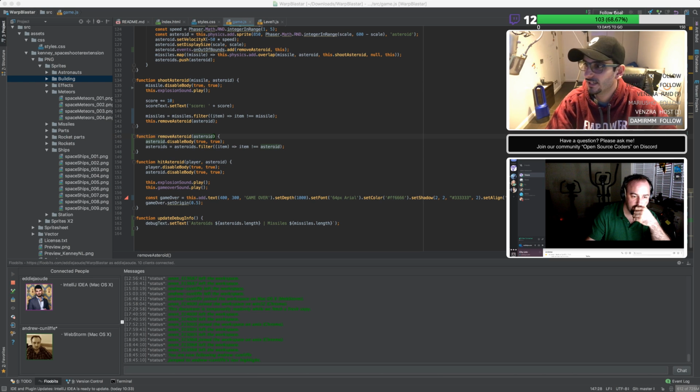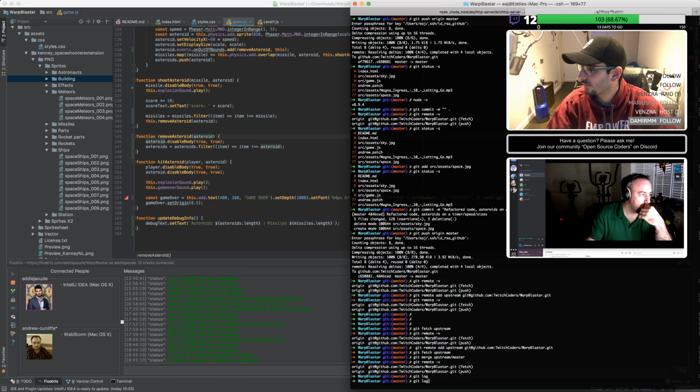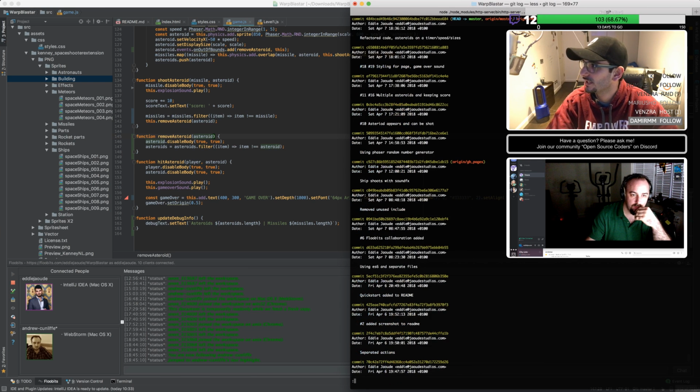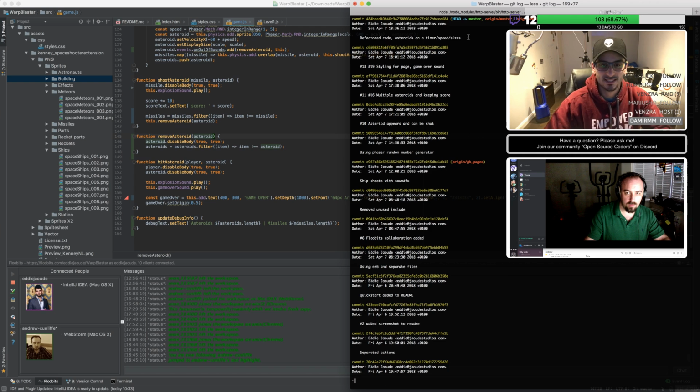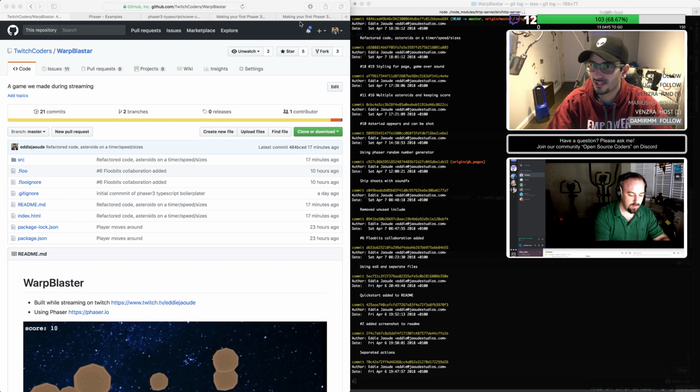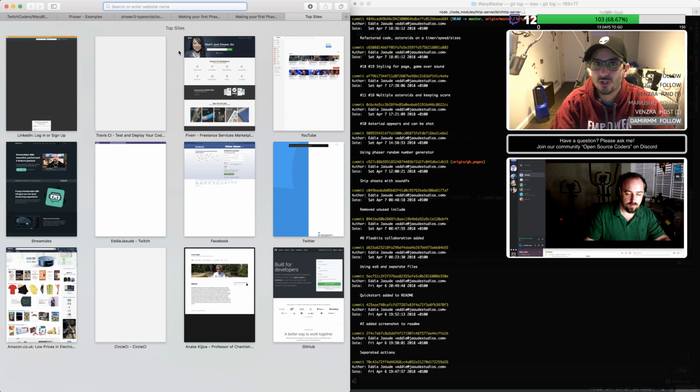But hopefully, let me show that. I can bring that log file up again, just so you can see. This is the one you want to see: refactored code, asteroids on timer. And while you're checking that, I actually realized something really awesome today, and I've done it before and hadn't realized what it does. Sorry I'm hiding your work, Andrew,